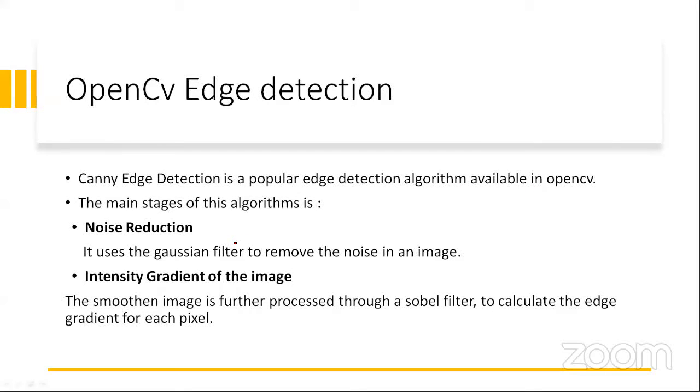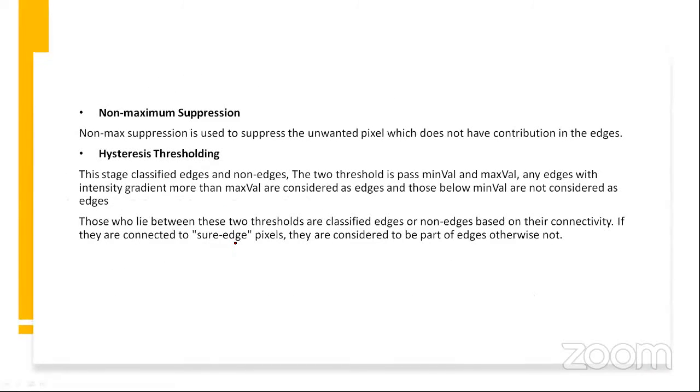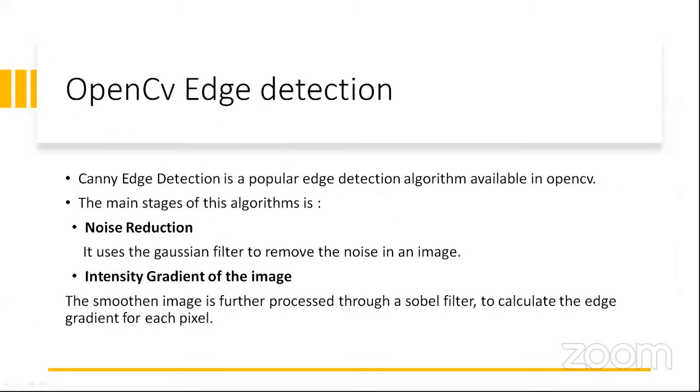It works in stages. First, we reduce the noise. Second, we calculate the intensity gradient of the image. Third, we use non-max suppression, and fourth, we use hysteresis thresholding. So what does it basically do? For noise reduction, we use Gaussian blurring, and then